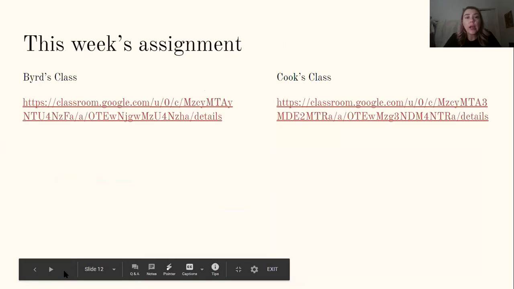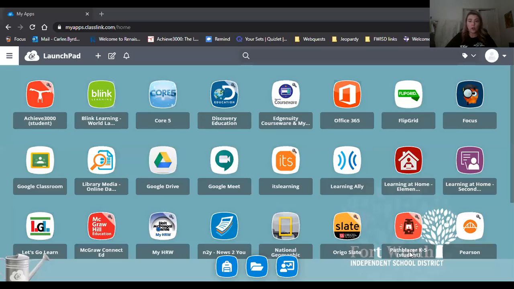All right, now this is this week's assignment. You can simply click on these assignment tabs to take you right to our assignment, but I'm going to show you how to get there today from your Launchpad, your Google Classrooms tab. Okay, now we've talked before how to get here. What you'll do is you go to